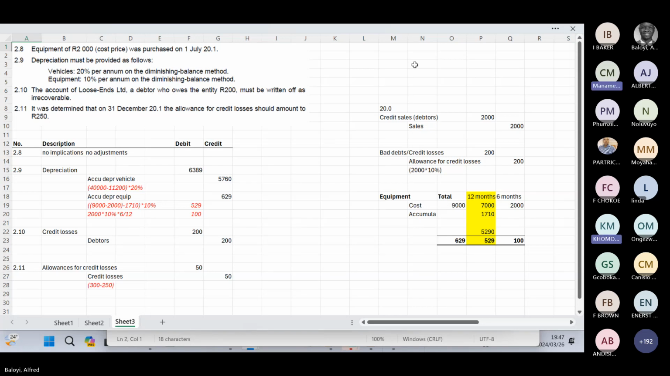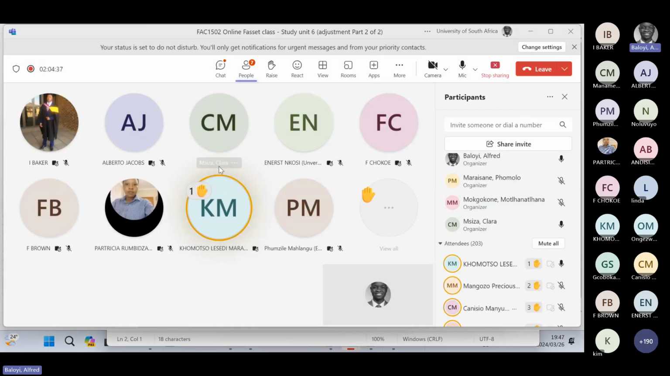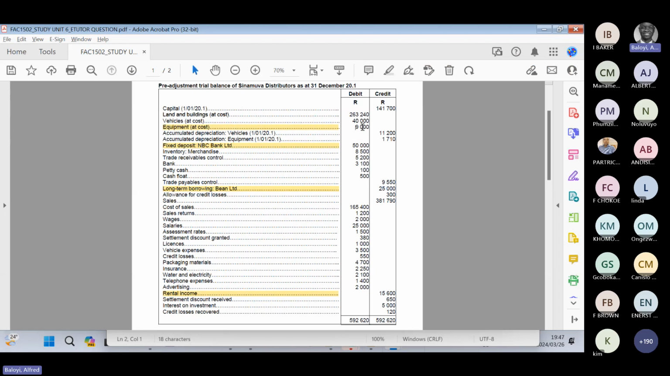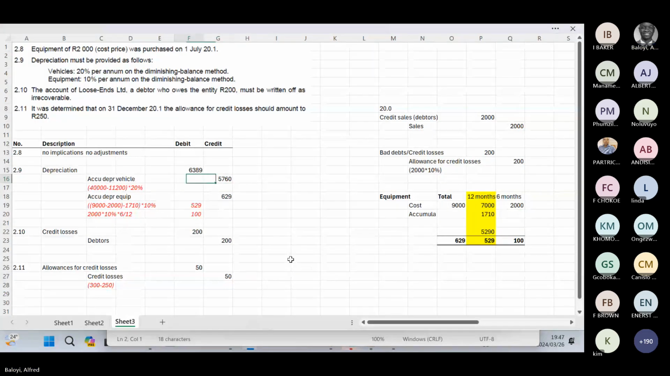Okay, thank you, so not this module. And then my second question is with 2.9: the accumulated depreciation for this year, will that be added onto the trial balance for next year? This one will be added to this amount. You see, this is the balance at the beginning of the year, the 11,200, right? So at the end of the year, you will have